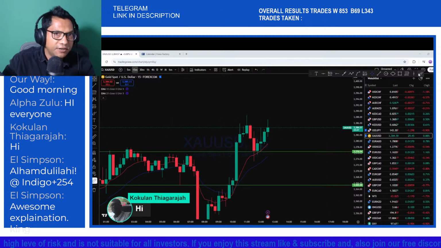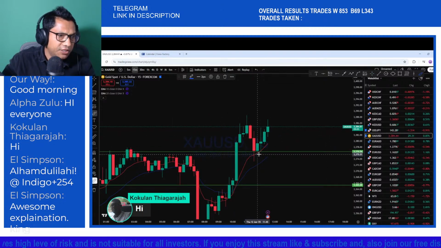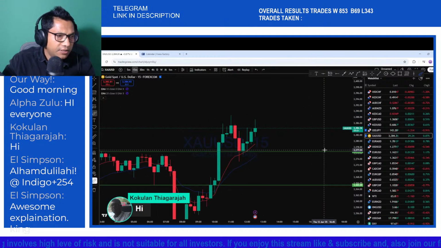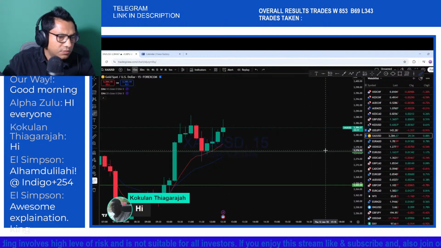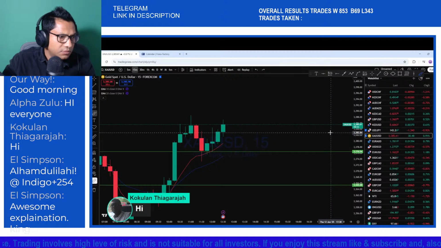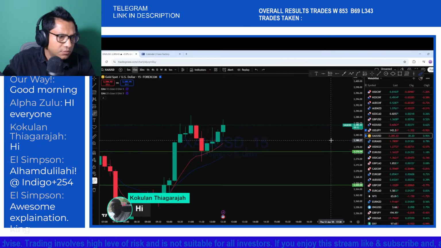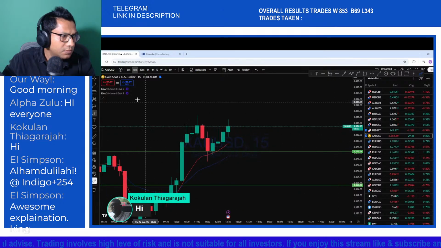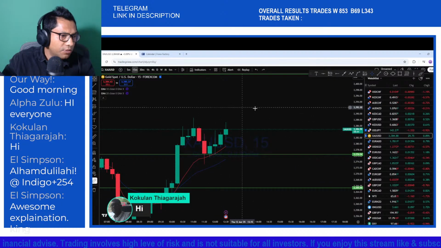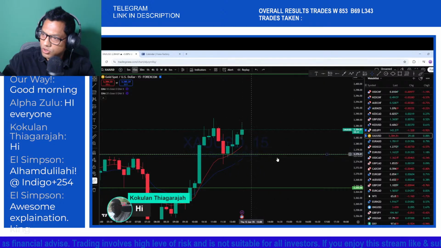So you can see here in this area, the market has made its move back to the upside, with a series of higher lows, and the price tested the 10 and 20 EMA,